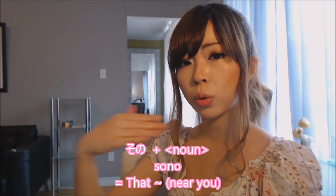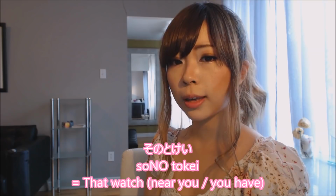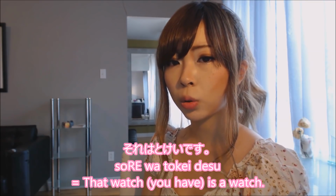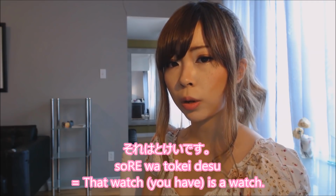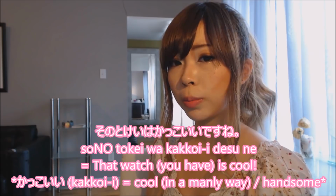How about if I would give you a compliment on your thing? Then I would use その, right? So let's say you're wearing a watch. The word for watch is 時計, which can also mean clock. So would you say that watch you have? その時計。That you have is a watch. Then それは時計です。